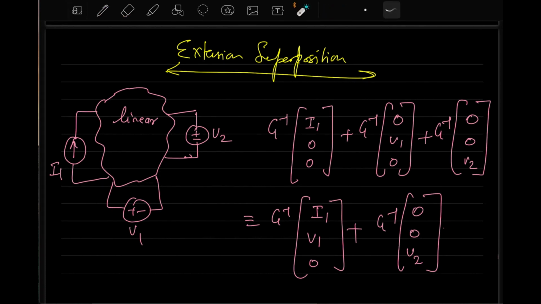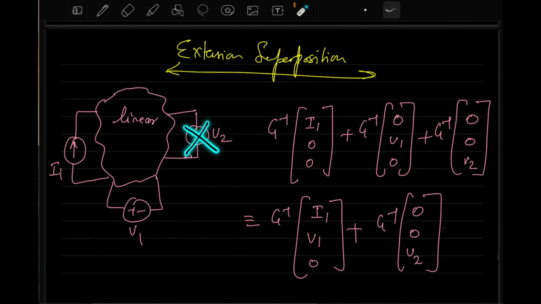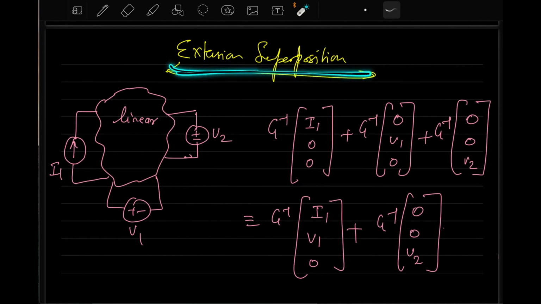But you can do this also. This is also quite feasible. That is, you use one current and voltage source and keep this one deactivated, and the next time you keep this one and deactivate both of them together. So I hope you understand this, and this is the extension of superposition, which we are calling extended superposition. Right now you are not getting into why we are doing it, but when we will be proving the Thevenin theorems, this will be used extensively there. So this is the concept, which is simple but important to understand.